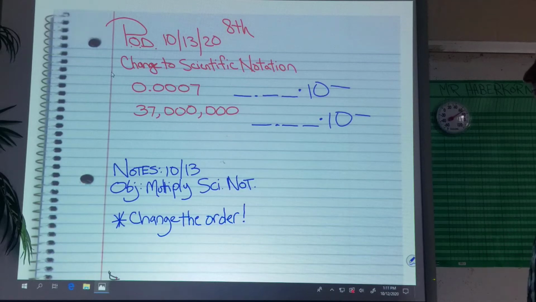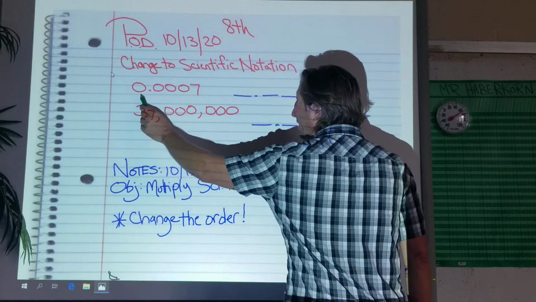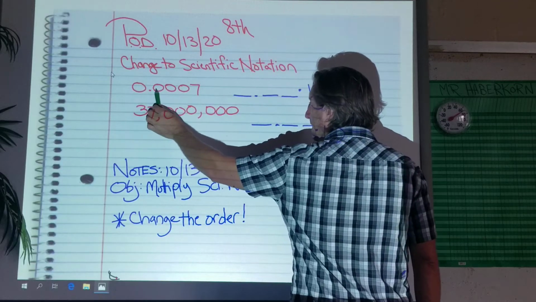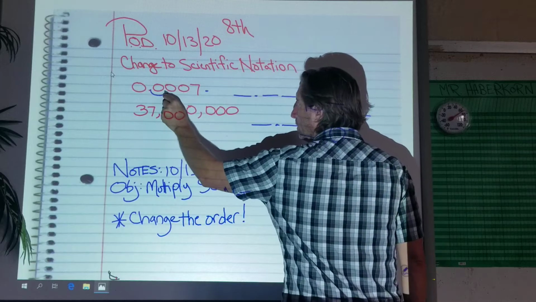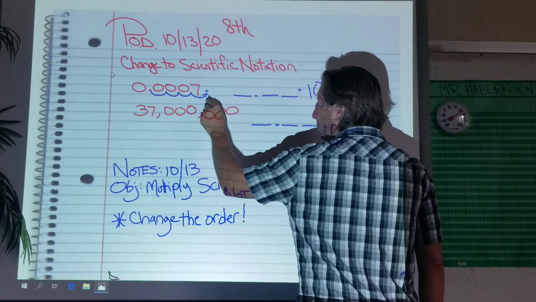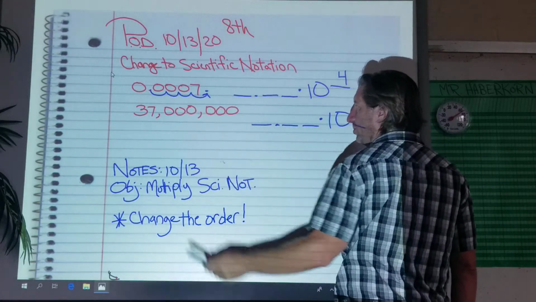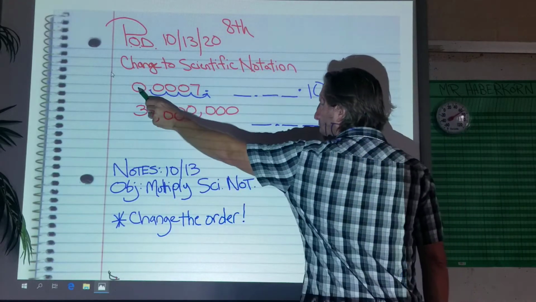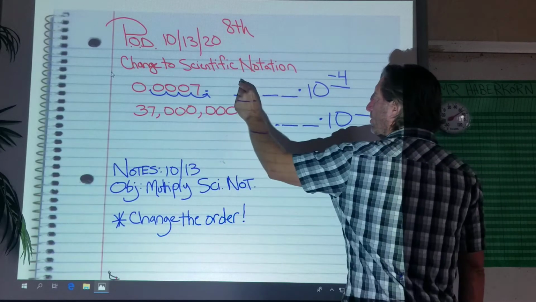Well, we have to decide where should our point be. We know it goes after the first significant digit. Zeros are not significant digits. So we want our point here. 1, 2, 3, 4 spaces, I moved it. Then I had to decide, is this a large number or a small number? It's very small. It starts with 0. So we're at -4. So I have